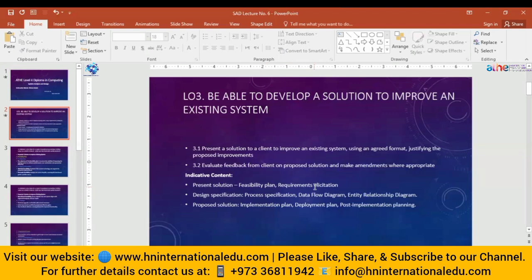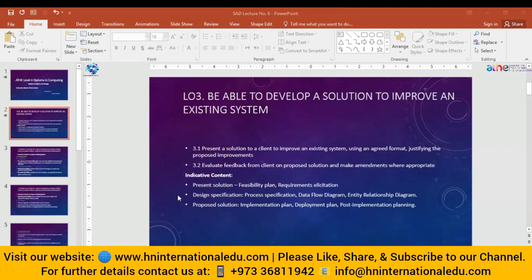We have to do interviews, or review the documentation of the existing system, as we discussed previously, or do surveys required to make the recommendations or solutions in the existing system. Then in the design specification, we have to provide the process specification, a data flow diagram, and an entity